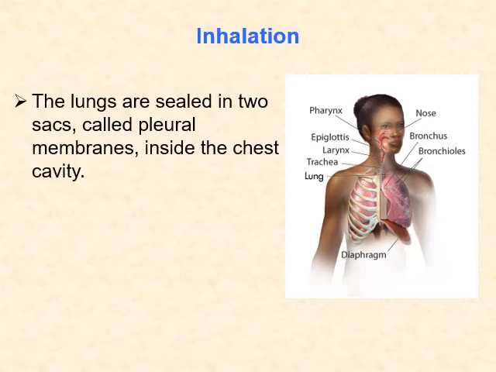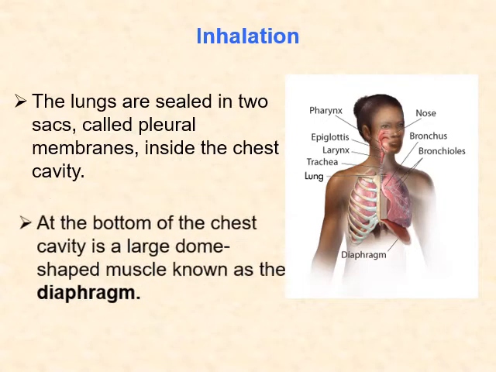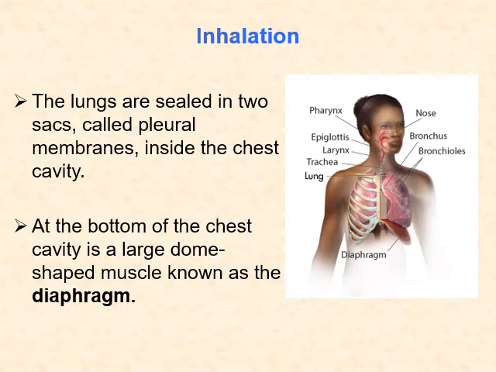As you can see on the diagram on the right side, the lungs are sealed in two sacs called pleural membranes inside the chest cavity. At the bottom of the chest cavity is a large dome-shaped muscle known as